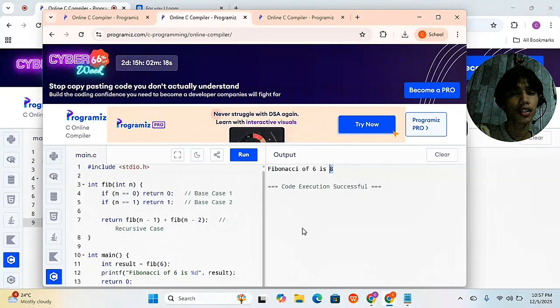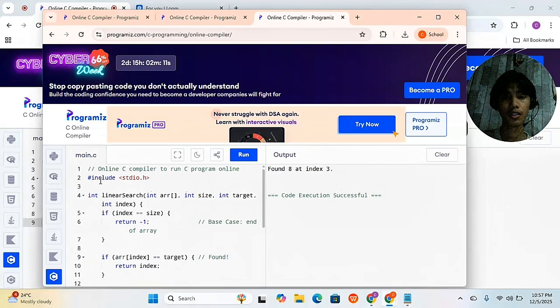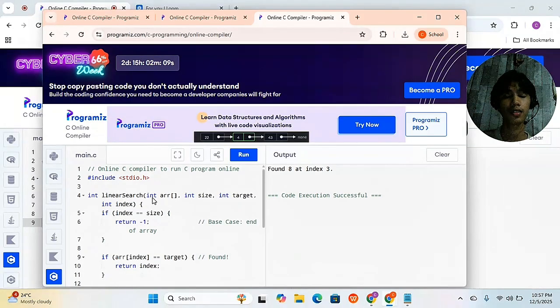And lastly, searching using recursion, linear search. I already have the code. The concept is we check the array one element at a time. If the current index contains the target, return the index. If not, search the next index. If we reach the end, the value is not found.